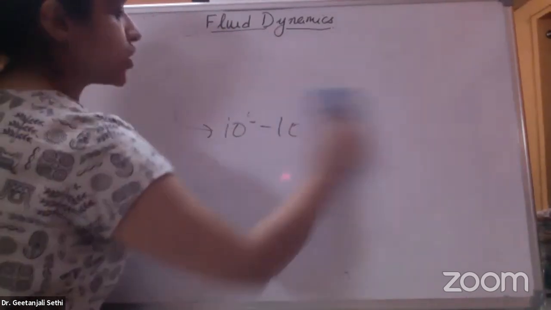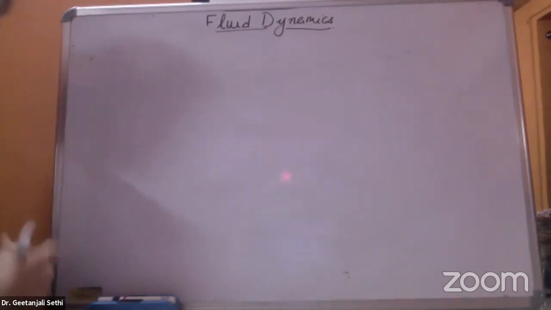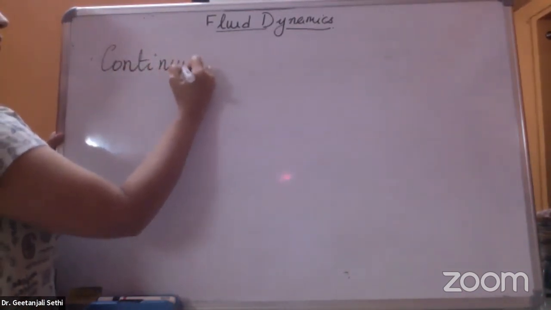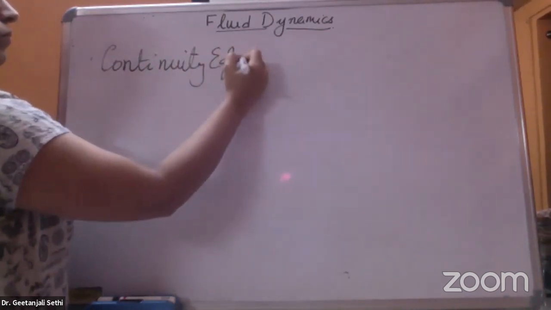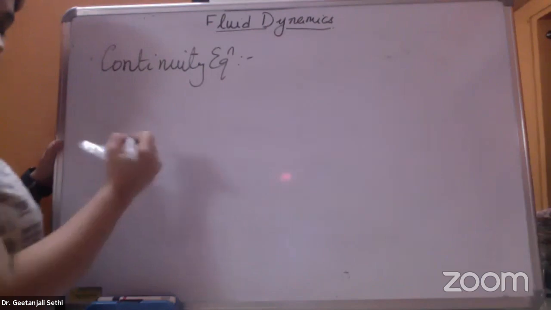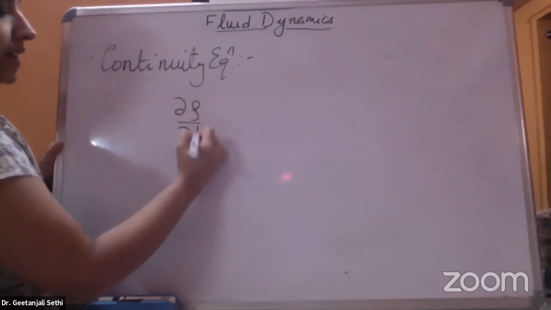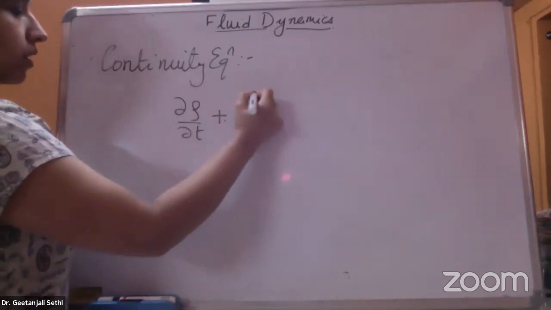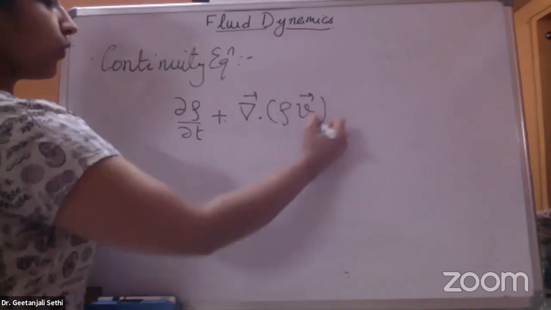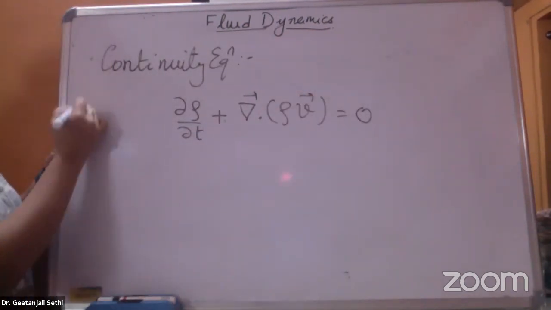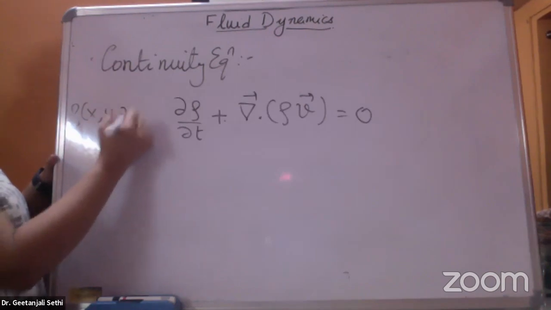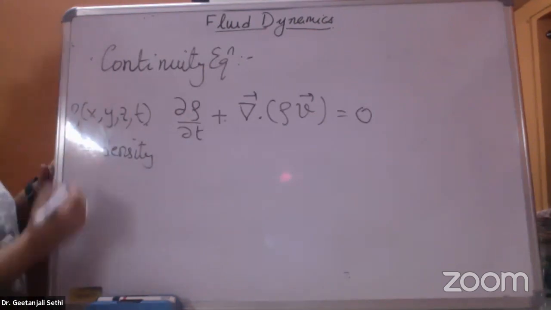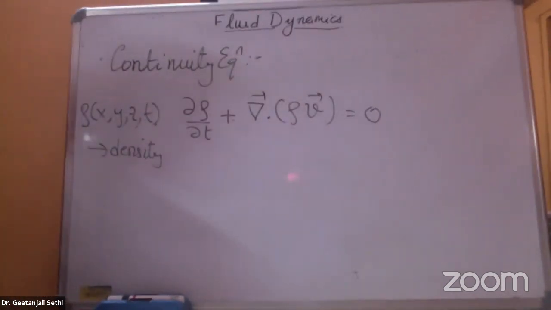Then we had obtained two very important equations yesterday. The first equation that we obtained was the continuity equation. The continuity equation read as del rho by del t plus del dot rho v equal to 0, where I will remind you rho is a function of x, y, z and t in general, is the density of my fluid, and